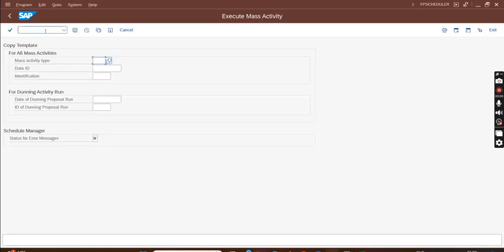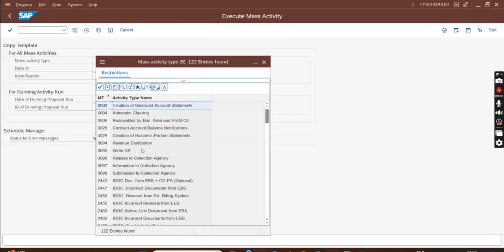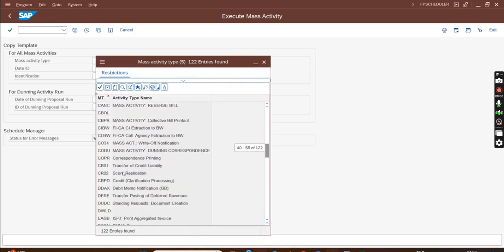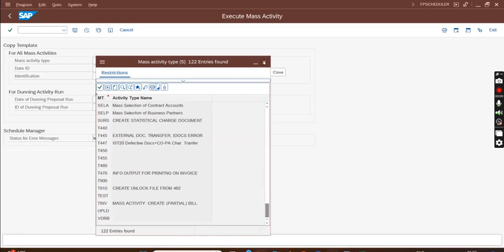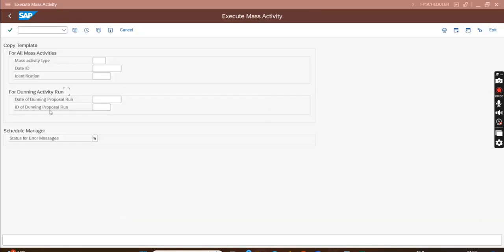FP scheduler, and here you'll choose the mass activity. Mass activity type for dunning. What is the mass activity type? Say you don't understand, here so many items are there, you don't understand what the mass activity type is. How to find that? For that, you go to